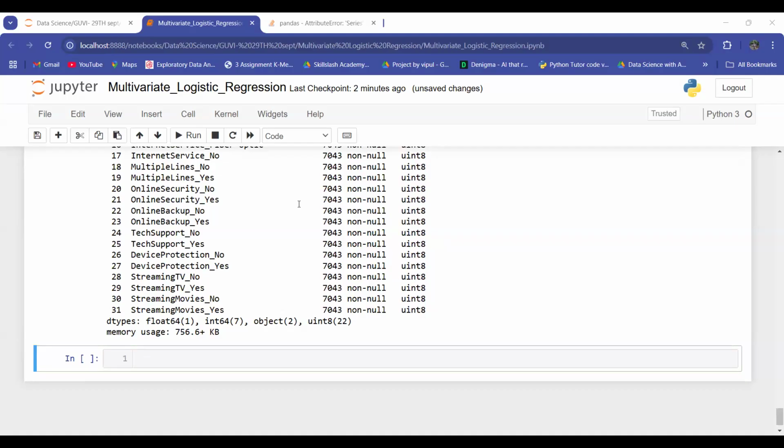So numerical underscore telecom is equals to telecom tenure, comma, monthly charges, comma, senior citizen, comma, total charges. And I'm going to have a check